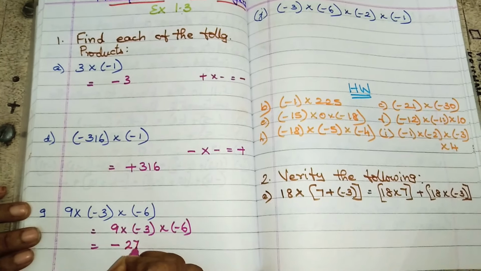Next, J. We have got 4 numbers. So we will take first 2 numbers, then with our answer the third number, and with that answer the fourth number. So first multiply minus 3 into minus 6. The question is minus 3 into minus 6 into minus 2 into minus 1. Now minus into minus plus. 3 6s are 18. With that into minus 2 into minus 1. Now plus into minus, again minus. 18 twos are 36 into minus 1. So minus into minus plus 36 ones are 36 is your answer.